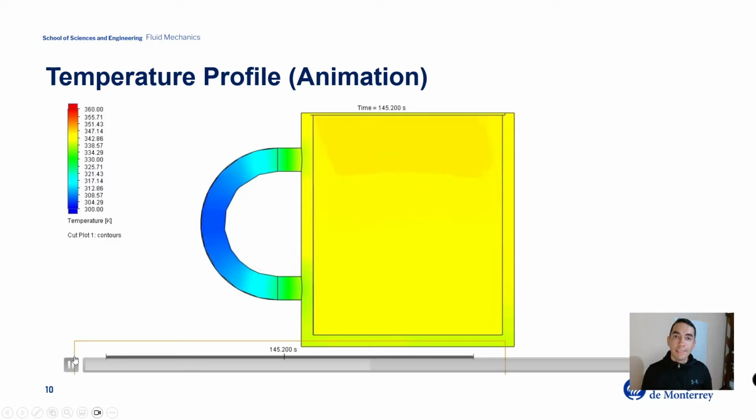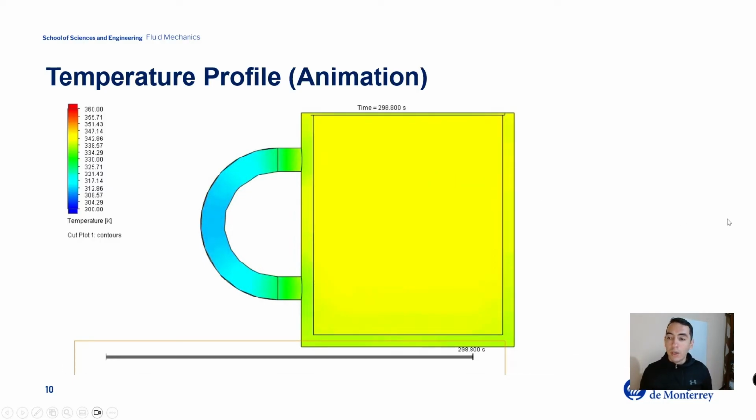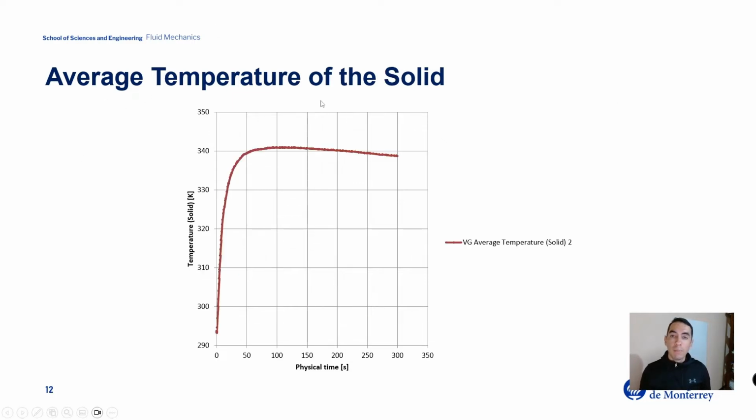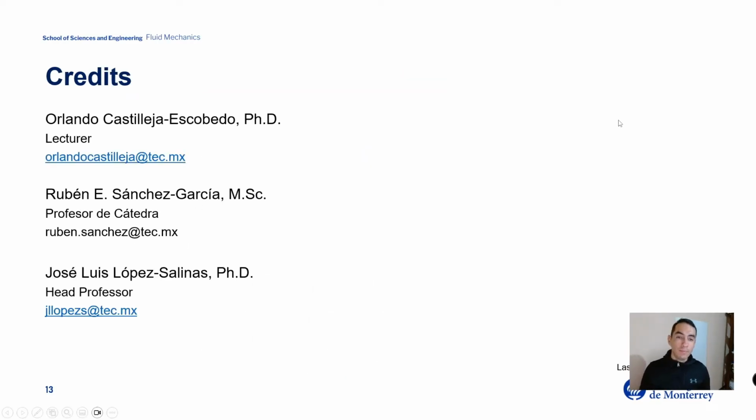But remember that CFD is not all about obtaining temperature profiles or animations. We also want to obtain specific values or specific plots and profiles for the temperature or other parameters. In this case, we are going to help you obtain this kind of plot, in which I'm showing, for example, how the temperature is changing in time for the fluid, and how the temperature of the solid is increasing as we progress in time. Okay, so